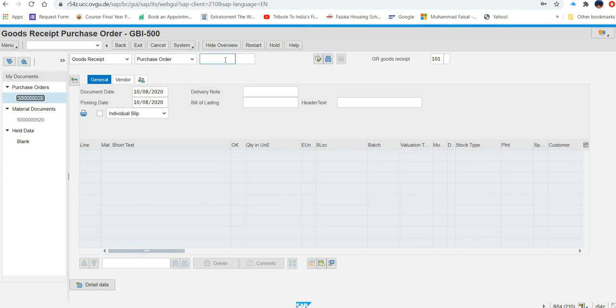Purchase order, and over here, if I put that number 45, press enter, still incomplete.